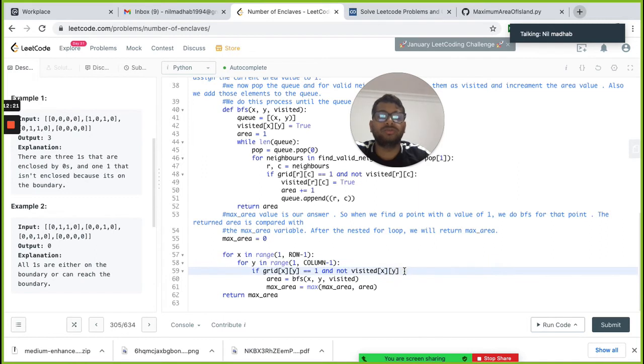Then we don't traverse the boundaries. And we also have this global counter, right?